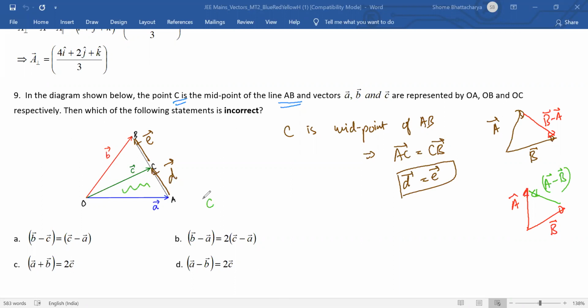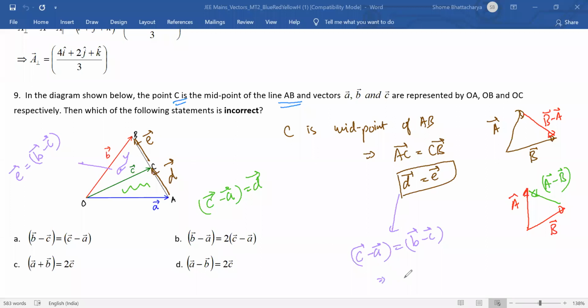So you'll see that the vector C minus the vector A is nothing but the vector D. Okay, and then apply that to this triangle. Okay, and you'll see that the vector E is equal to B minus C. Okay, and now use this. So vector D from here is C minus A. Okay, and vector E from there is B minus C.